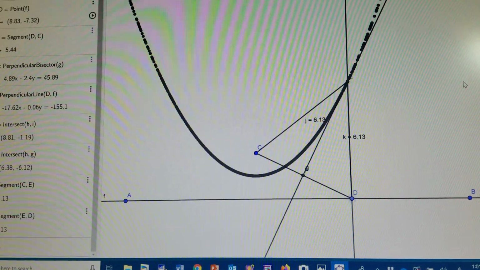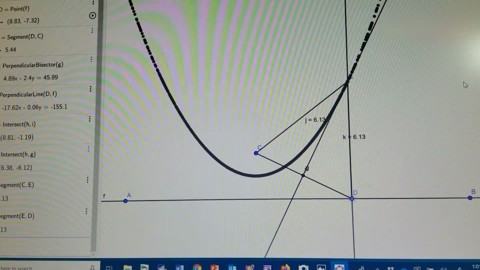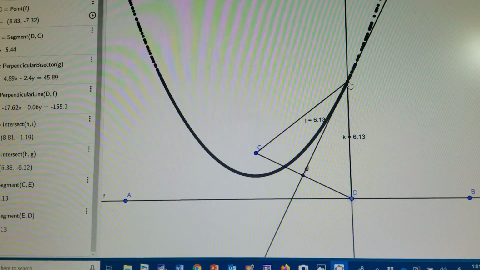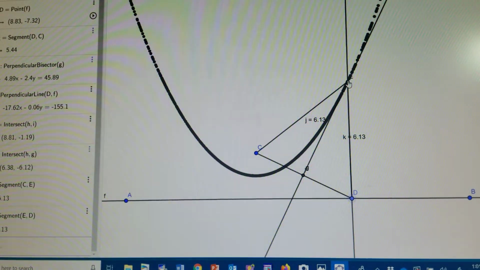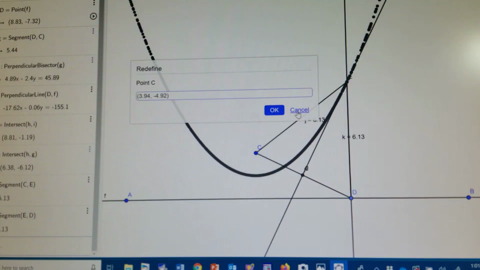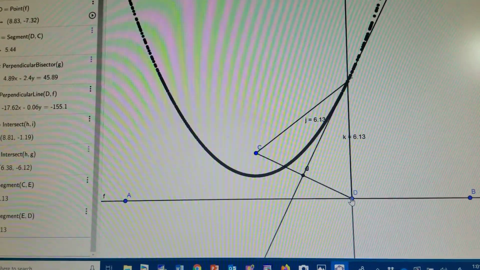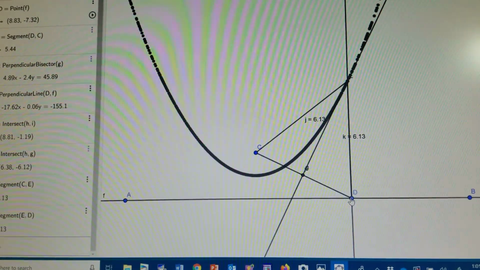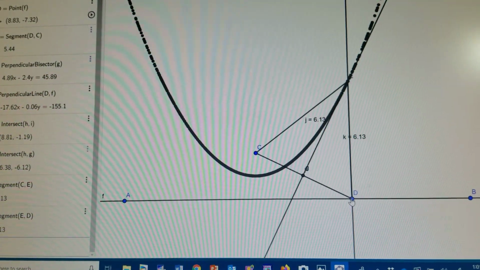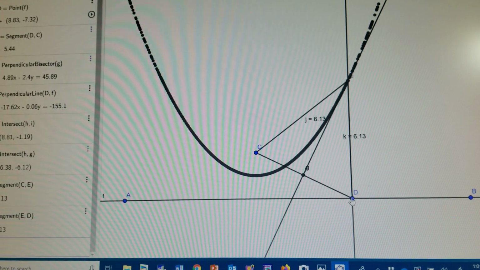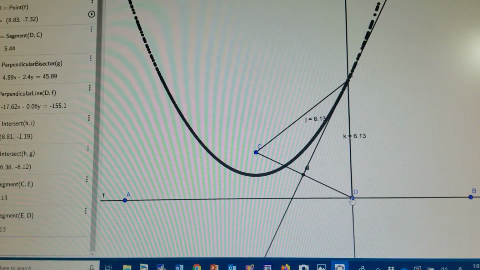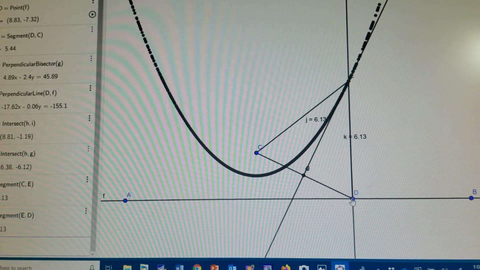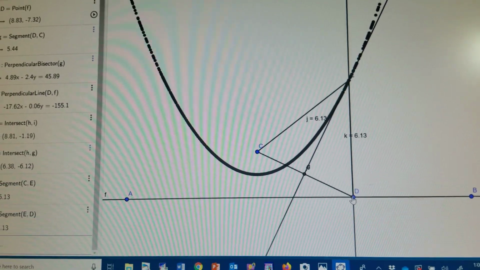Then, from today, you have to know that a parabola is a set of points. All points have the same distance to a point, which we call the focal point, and a line, which we call the directrix. Let's find out what the equation of that parabola is. And that's what we're going to talk about right now. Therefore, I'm going to turn my video